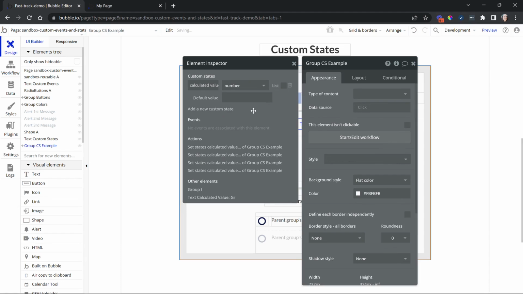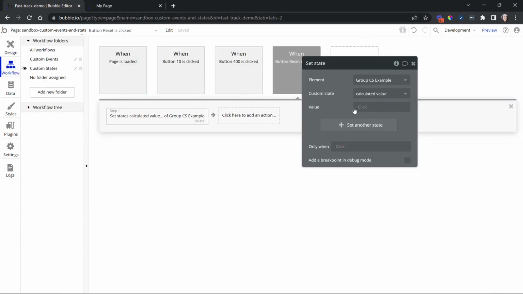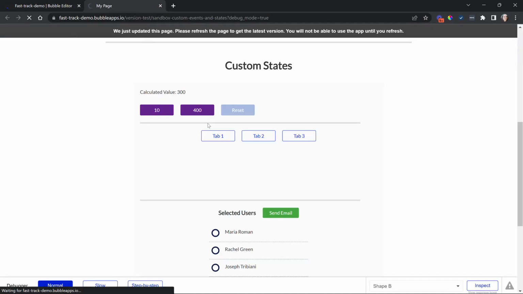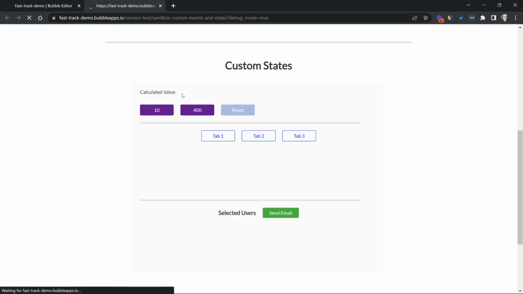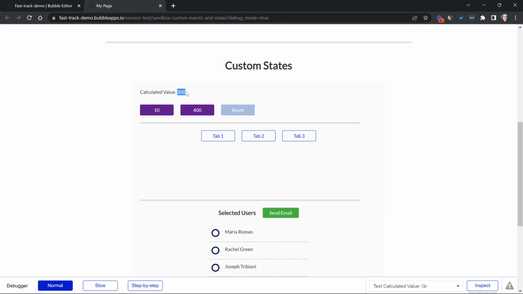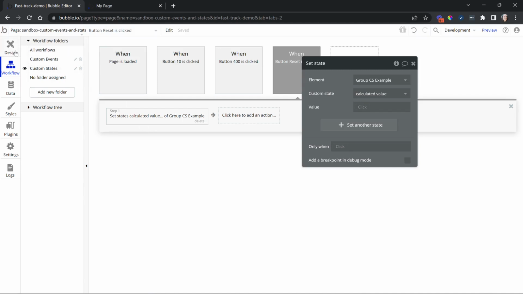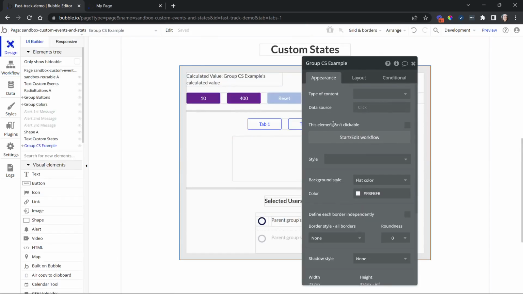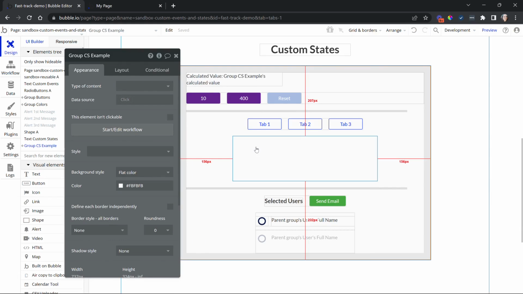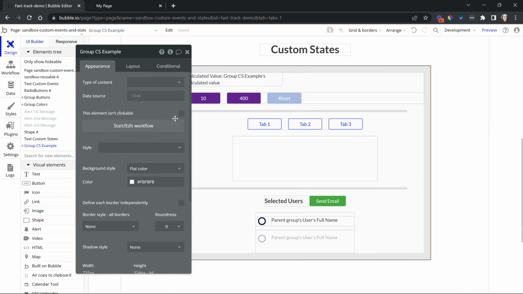Okay, I'll just clear this out. That way my reset button, when it goes to truly clear out the value, it will be empty, if that's something that I want to do. So let's just refresh that real quick here. So we'll still see the same effect that as soon as I load the page, it will be set to 300 immediately. So that first workflow runs. But now I can reset it a little bit differently. So there's 300, 410, reset, now it's empty. Okay, so that's just kind of to show you how to set the state, how to display the state, where to find it. Now let's look at a common use case for working with custom states, which is to create